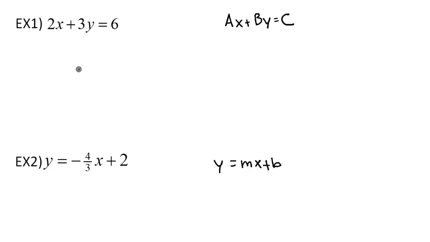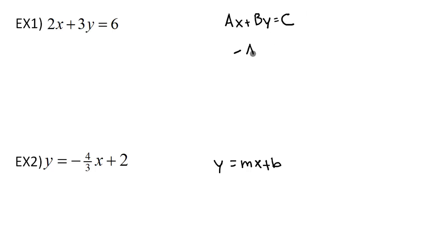In this video we've got a couple equations of lines. This one's written in standard form and then this one's written in slope-intercept form. So I'm going to call out a couple pieces of information and then we'll also switch it to the opposite form. So first things first, for example number 1, we know that the slope of standard form is going to